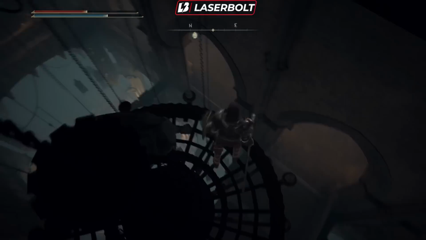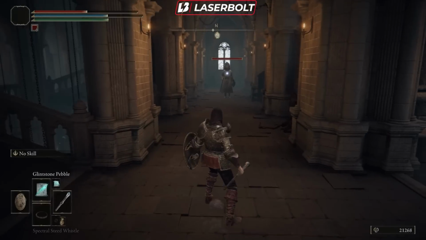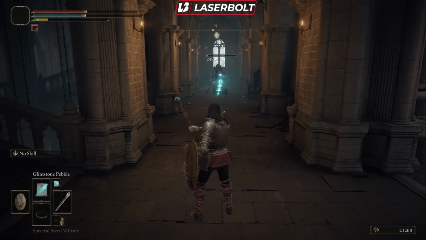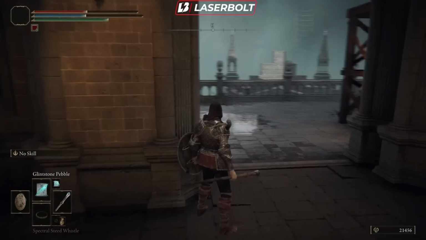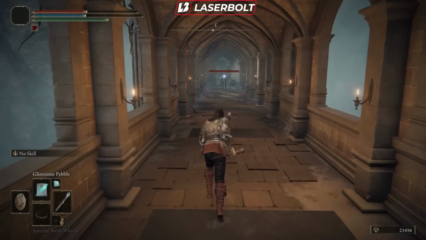There's going to be like a little pathway, a little hallway. Just jump on that. There's going to be one enemy that you probably have to deal with. Deal with him as quickly as you possibly can. And then once you kill him, what you're going to want to do is you're going to go straight forward, and you're going to make a right, and there's going to be a hallway with another ad with a